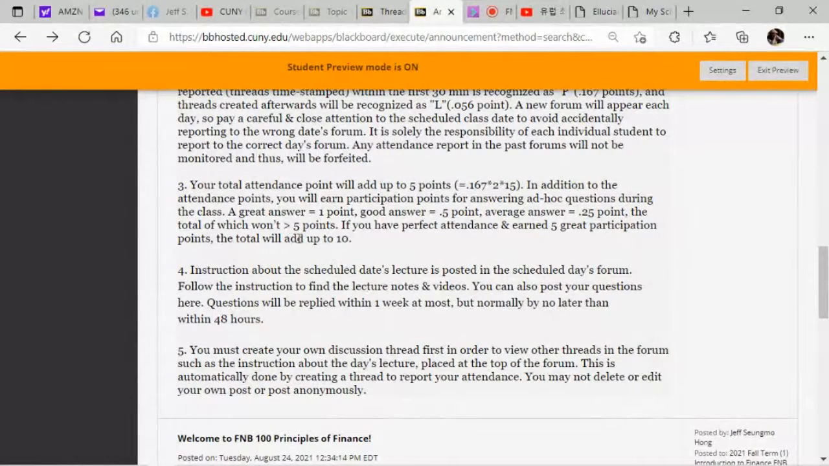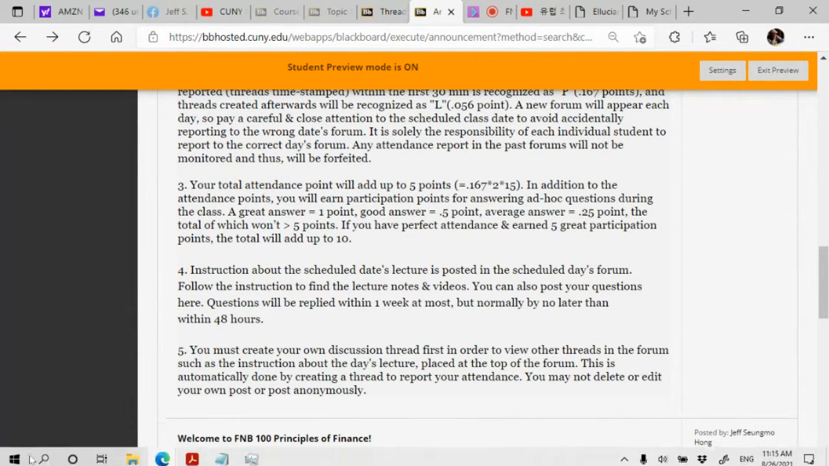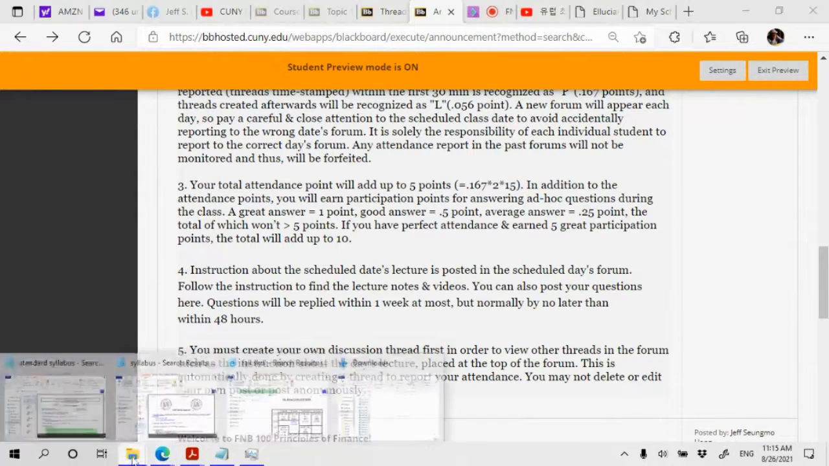Actually, it says the total shouldn't exceed 5 points. No, actually, it can. For example, it can exceed 5 points. If you gave me 10 good answers, that's 10 points, right? If you gave me 15 great answers, that's 15 points. And then if you had perfect attendance, that's 5 points. So the total will be 20 points. And that's really going to boost your semester grade, because